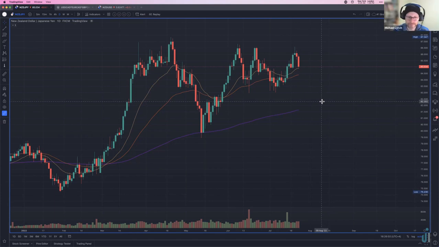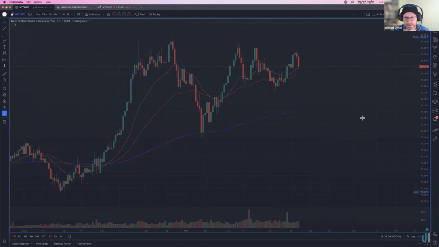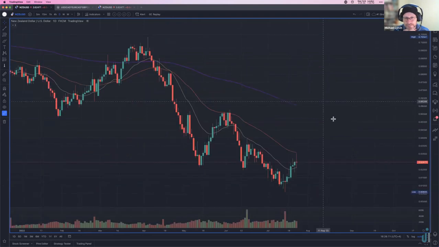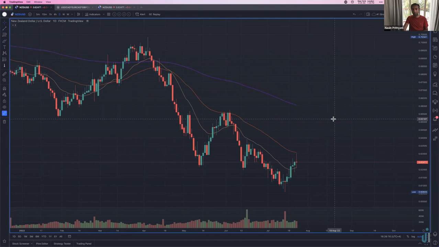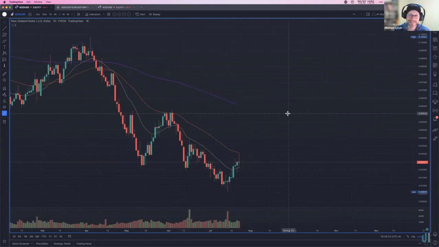I was liking the look of New Zealand USD on Friday for a buy, but I don't know if that's going to fit this criteria or not. Okay, so what are we looking at on this one? So I'd originally been looking at it on the 1 hour, and then it seemed the story actually ended up on the 4 hours. I was just trying to catch